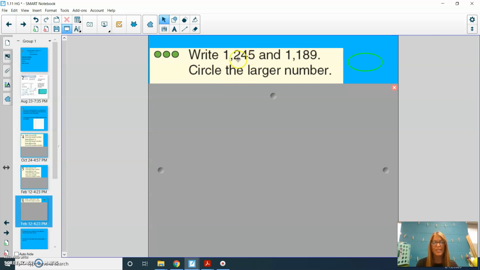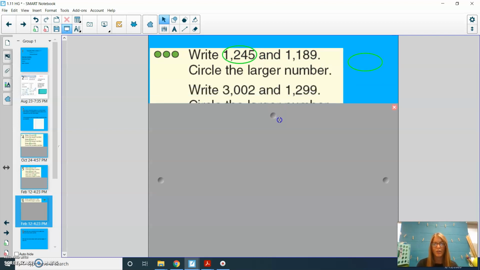So now will you write down the number 1,245 and the number 1,189? And will you circle the larger number? If you need to, press pause and then hit play when you're ready. The larger number is